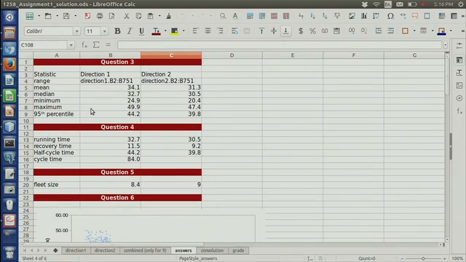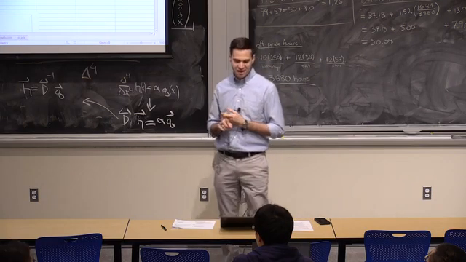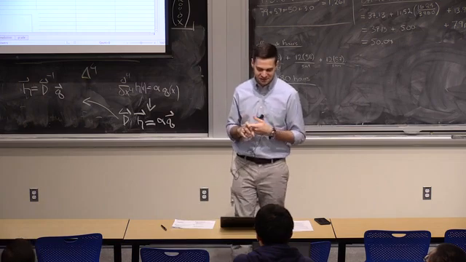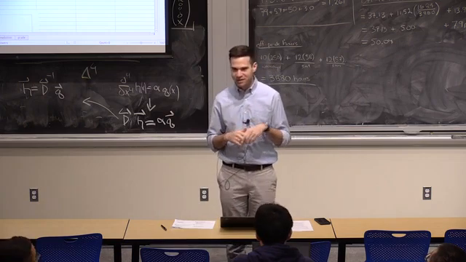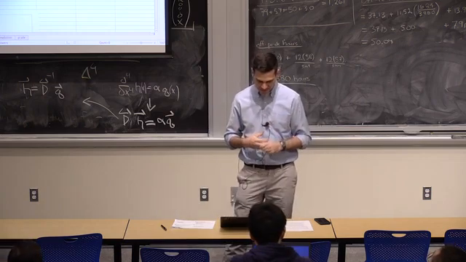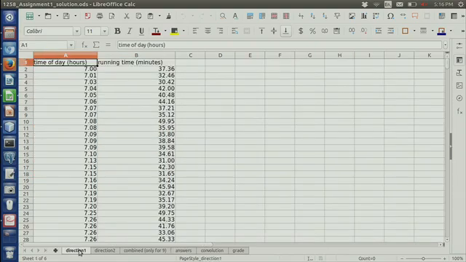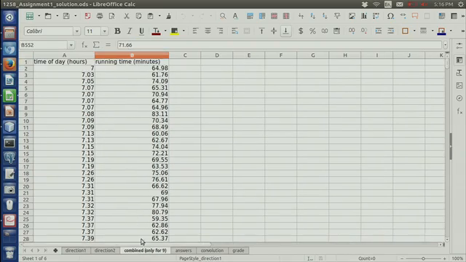So you had some sample data in a spreadsheet, and you had to calculate... The first question was calculate statistics by direction. So this is a spreadsheet. You have time of day and running time. This data was given to you, and